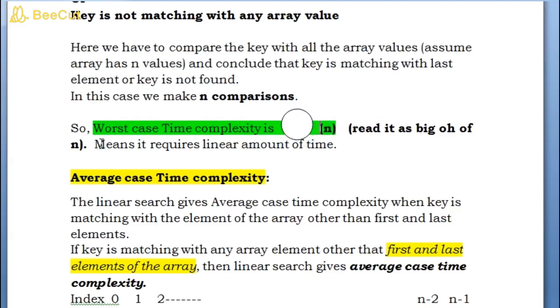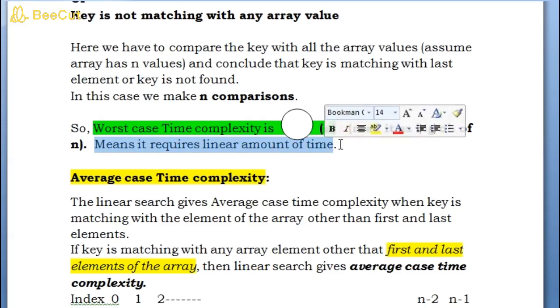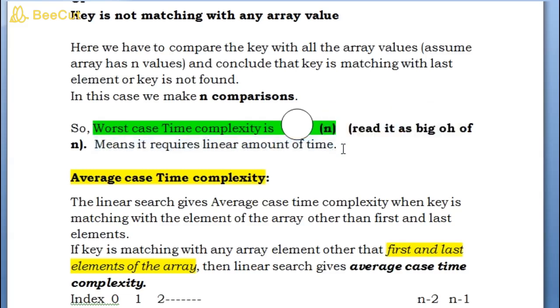So here n means it takes linear amount of time. For example, if the n value is 100, big O of n means the number of elements in the array. So that is worst case time complexity. Now we see